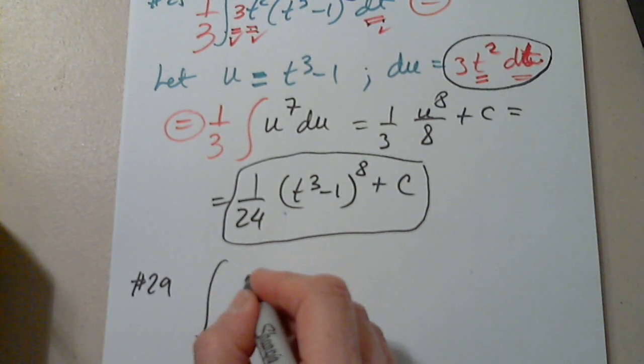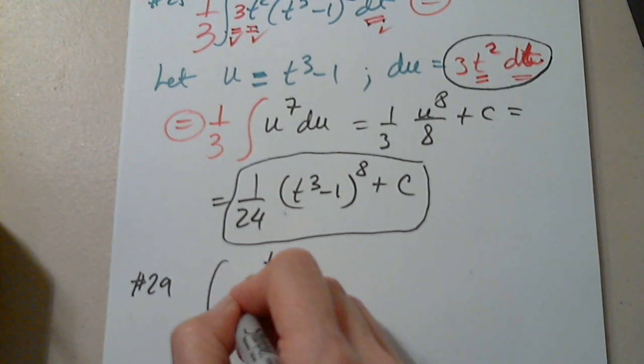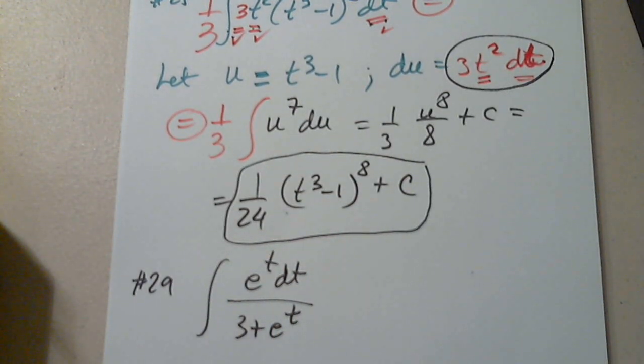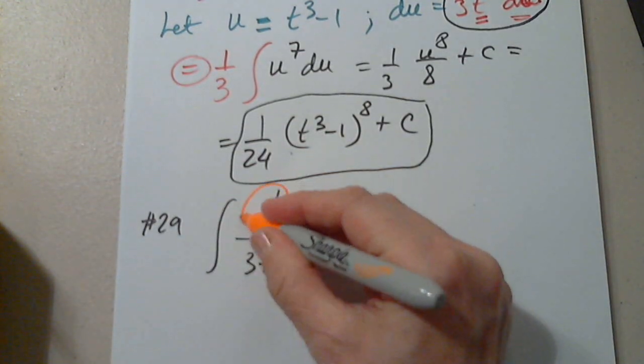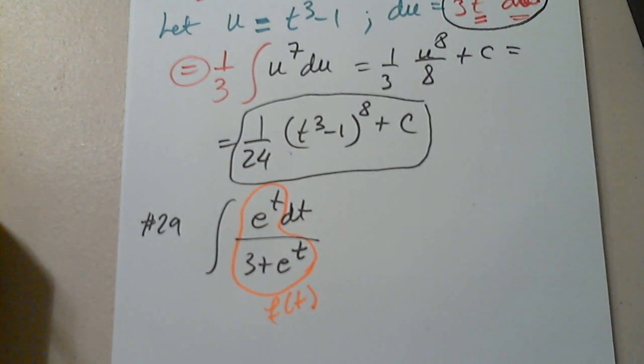So 29 has e to t dt divided by 3 plus e to t. Okay, this is a different story. What bothers you now? What is the function? This is the function. This is f of t. What bothers you here? What is difficult to deal with